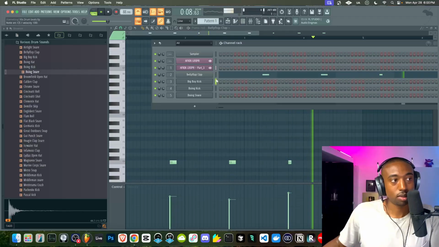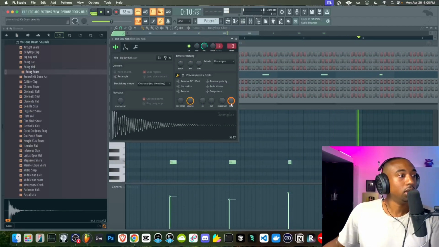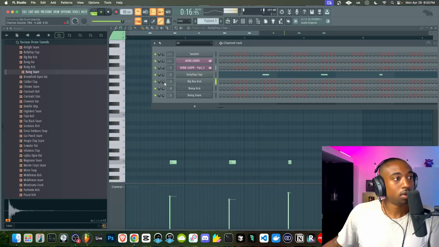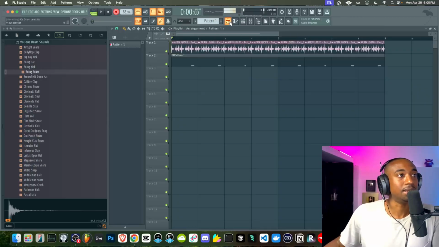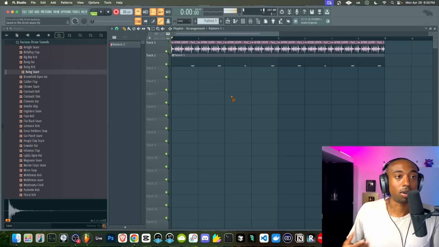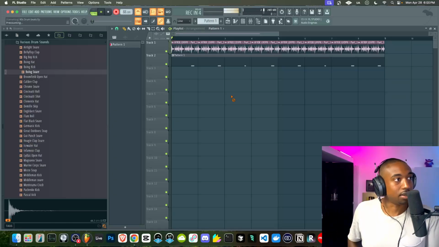Let's add our kick. We can do the same thing with the kick. Trim out the excess here. Add a hold parameter. Now the key here is you want to record velocity sensitivity. If you don't have a MIDI controller, consider one, because this is part of the 90s, is the dynamic and the velocity.